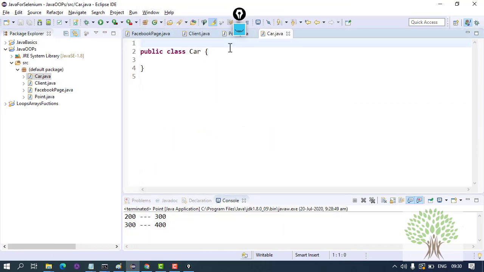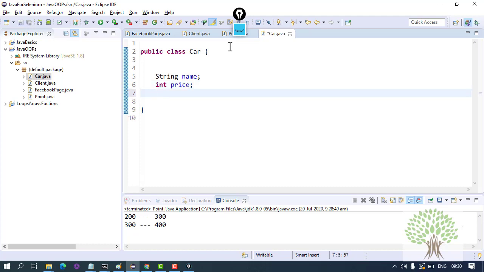Now what are the properties of the car class? The name of the car class, the price of the car class, okay, say the model of the car class. So there can be any number of properties for this car class.